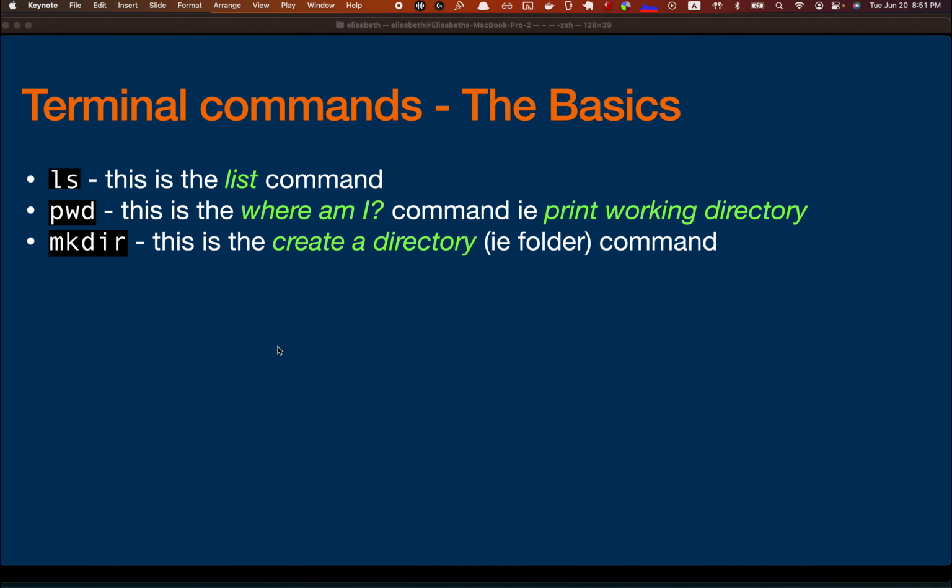Okay. Make dir. That's how it's written, MKDIR, but that's called make dir. That's how you would pronounce it. I can also make notes of that. ls, pwd, make dir. If you say MKDIR, no one's going to know what you're saying. If you say list, no one also will know what you're saying. So that's something that you just don't want to be embarrassed by, but you'll learn. Okay, so make dir, this is the create a directory, i.e. folder command. So directory and folder are interchangeable.